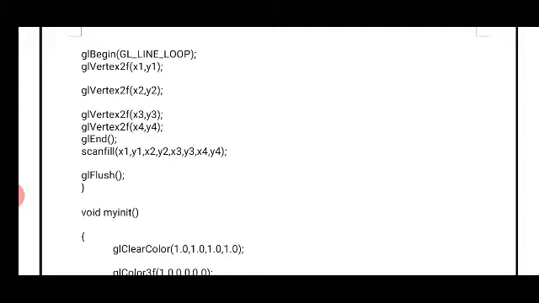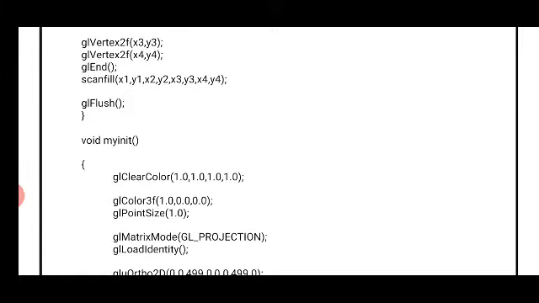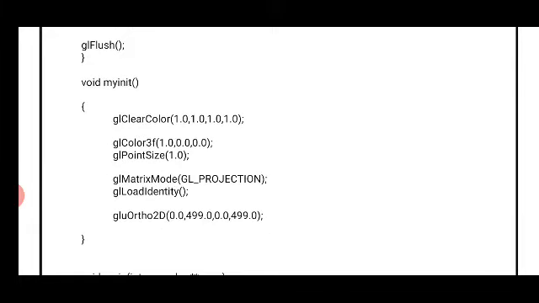Now for every y line it is going to scan the complete y line and find out the intersection points where it is intersecting the boundaries of that particular polygon. When it finds the intersection points, the pixels which come in between those two intersection points are going to be filled. Like this, it is going to scan from the first y line to the last y line, so that the complete polygon is going to be filled.